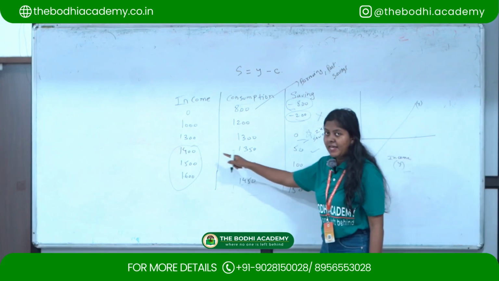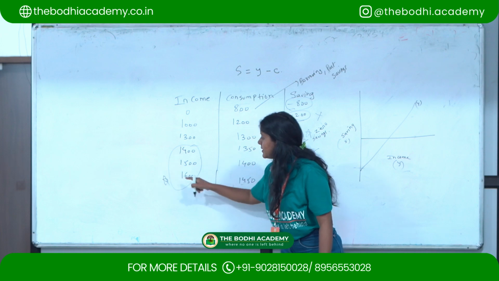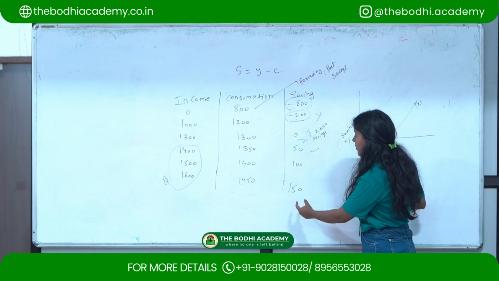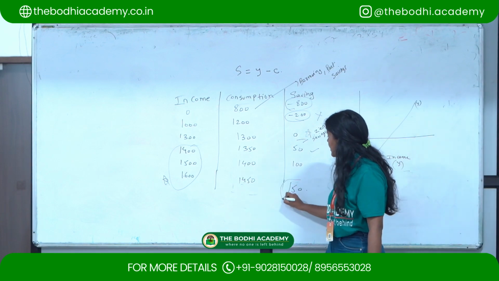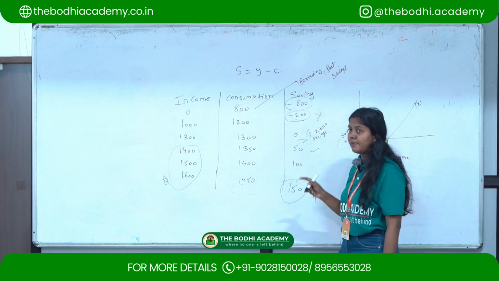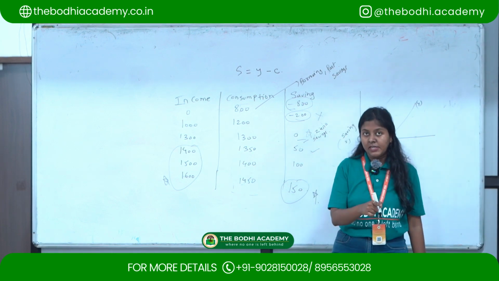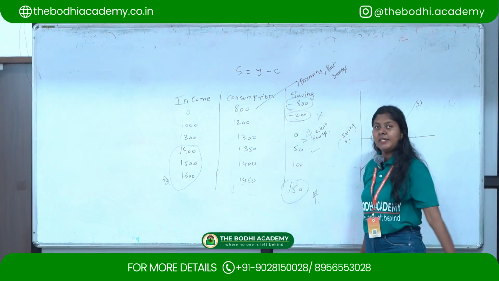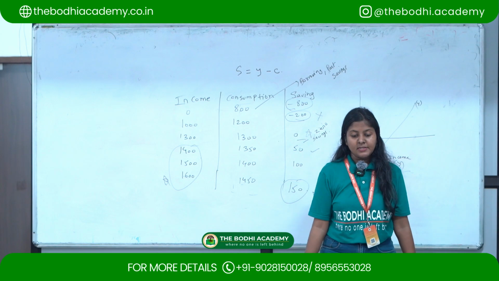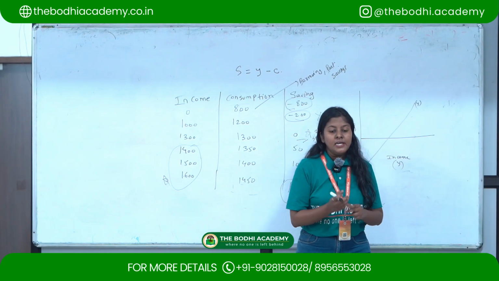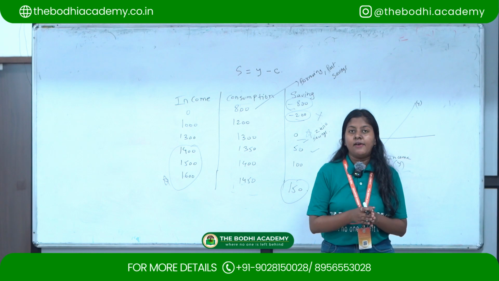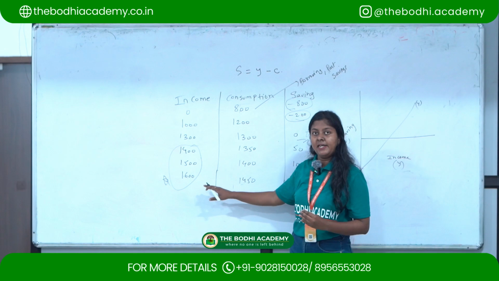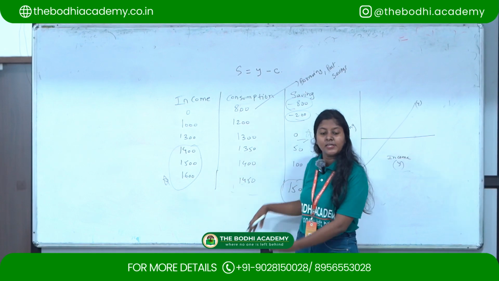But as you see, when income increases to 1600, your consumption is less. It is less by 150 because this extra amount you are saving. So again there is a positive relationship, and as income increases, your saving also increases. Like consumption we saw earlier, saving is also directly related to the level of income. Saving increases as income increases.